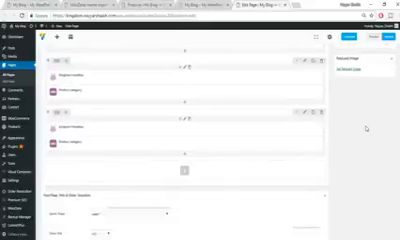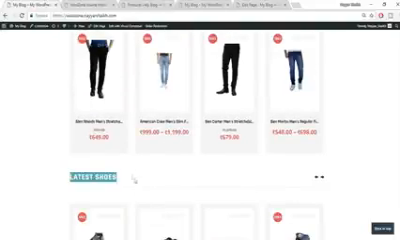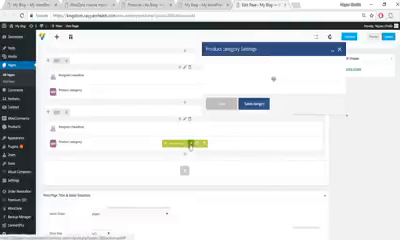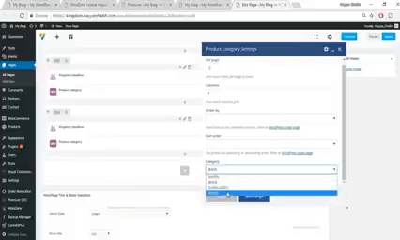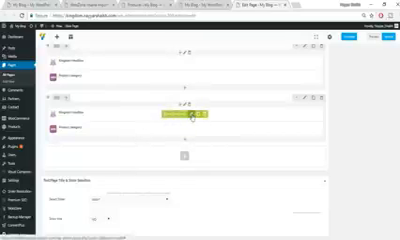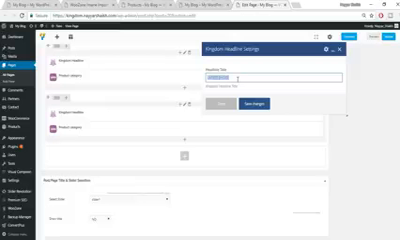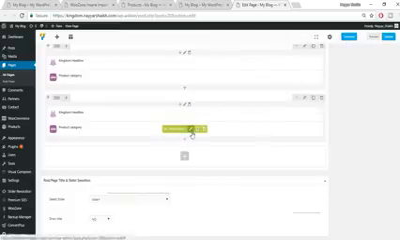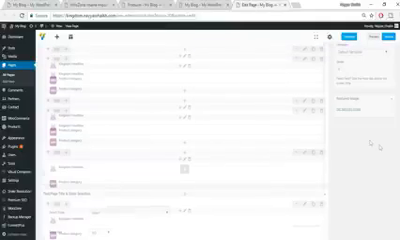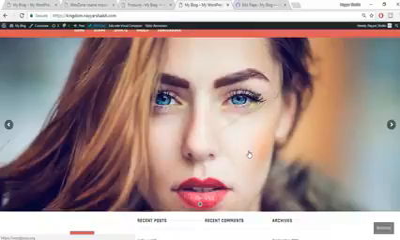Again clone this section, again edit the title, and now let's make it latest shoes. Fine. Now let's also change the category to shoes instead of jeans. Again clone or copy this thing, again change the title to latest sunglasses. Save changes, again change the category to sunglasses. Click on save changes, click on update, and come back to your website where this is the one,